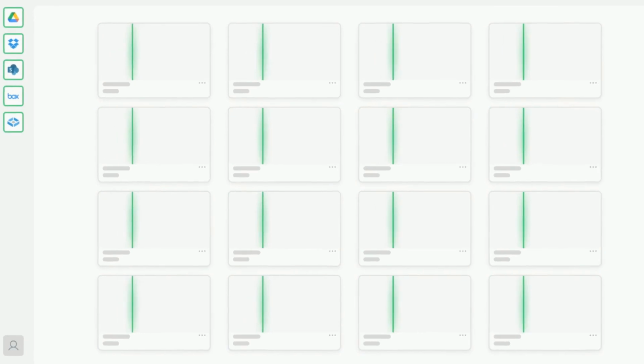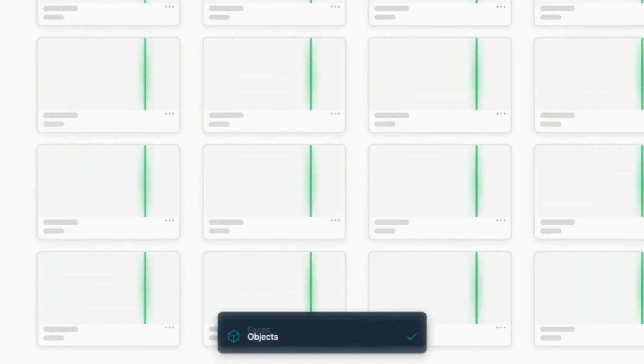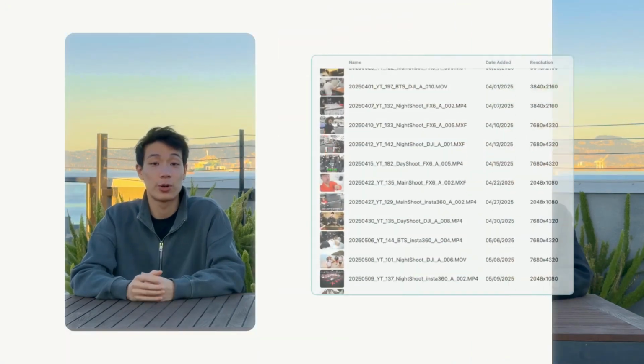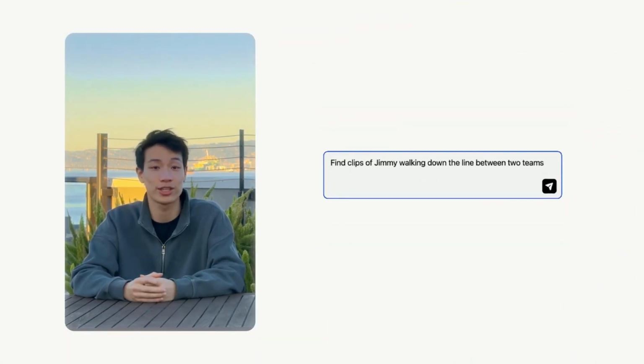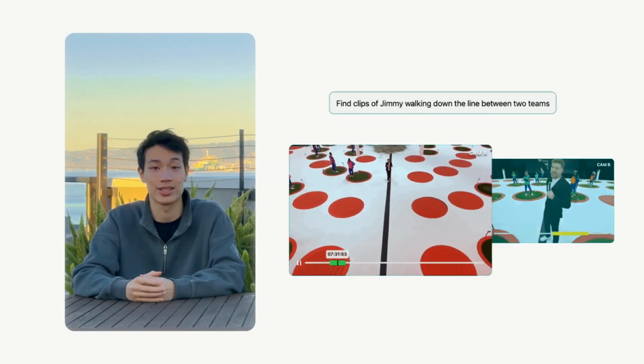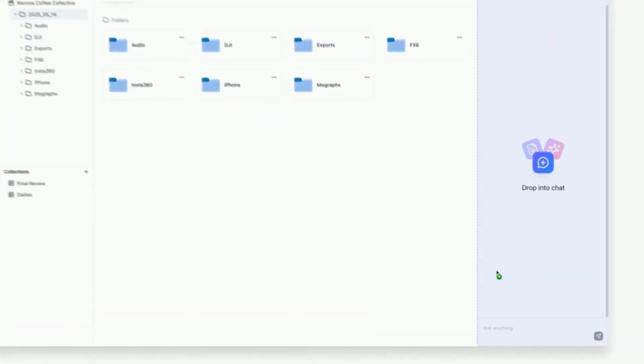We are unlocking something never been done before. We are giving agents the ability to understand any video library, just like a human would, and in some cases, even better. That means for your post-production team, we can deploy agents that use natural language queries to find the exact clips you need down to the second. Since Aspect understands your media